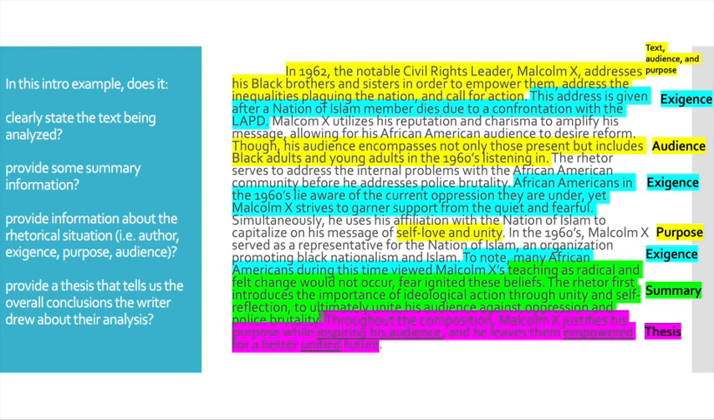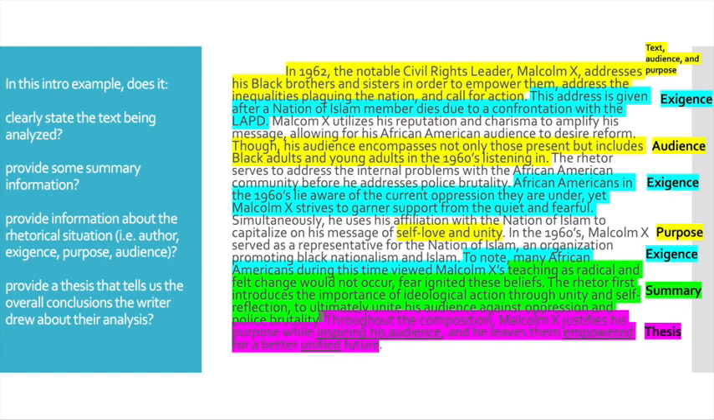The rhetor first introduces the importance of ideological action through unity and self-reflection to ultimately unite his audience against oppression and police brutality. Throughout the composition, Malcolm X justifies his purpose while inspiring his audience and leaves them empowered for a better unified future." As you can see, the thesis tells us that the writer is going to analyze the